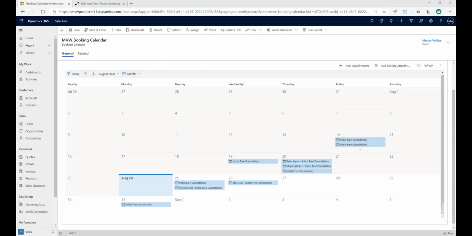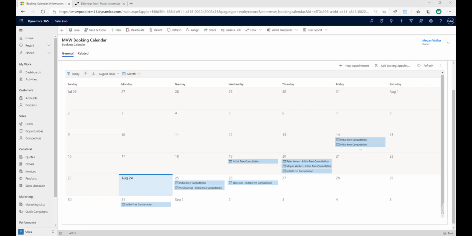Okay, so in the last video that I did in this Microsoft Bookings series, I looked at how we could start using Power Automate and start trying to figure out how these bookings that are made on the Microsoft Bookings site that you've got, how someone can go ahead and actually book a service, and what then happens in terms of that being created as a calendar event on the bookings calendar. So if you haven't watched that, go ahead, and that will be one of the other videos in this series, so I'll have a link to that in the description below, so watch that so you can start